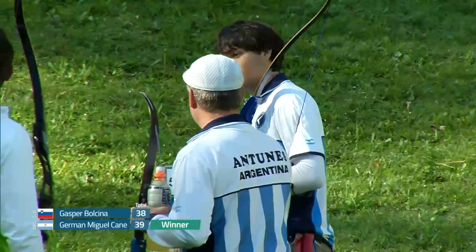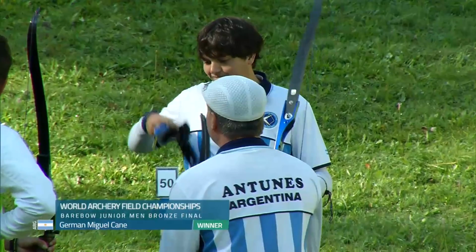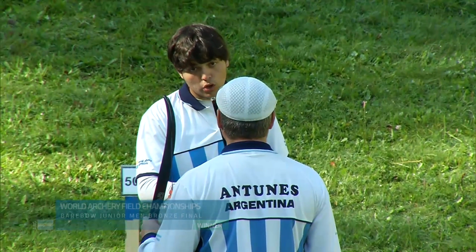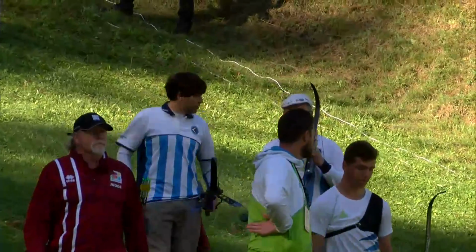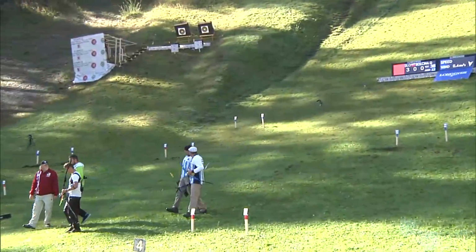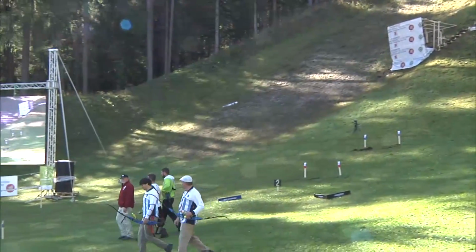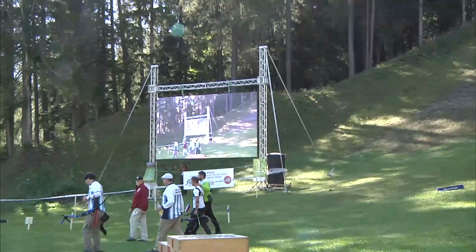So 1 point lead gives him the bronze medal for the junior barebow men. Yeah, and you can just see the looks of disbelief there. So 5-point swing on that final target. He scored 8 points, which now is our highest scoring value on that target. You can definitely see the archer from Slovenia disappointed, shooting 2 misses after hitting on his first arrow. He's definitely walking off a little upset, but